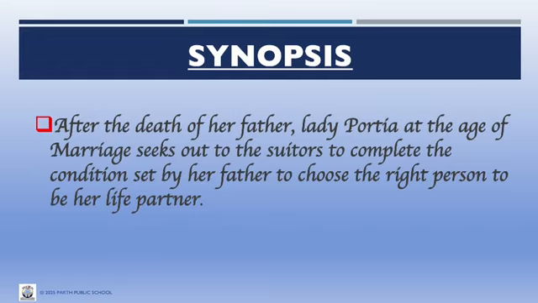Here is a short synopsis of what we will be studying in this excerpt. After the death of her father, Lady Portia, at the age of marriage, turns to the suitors to complete the condition set by her father to choose the right person to be her life partner. Basically, Lady Portia's father, before dying, was quite a rich merchant, so he didn't want any wrong person to end up with his daughter. So he decided to set a condition